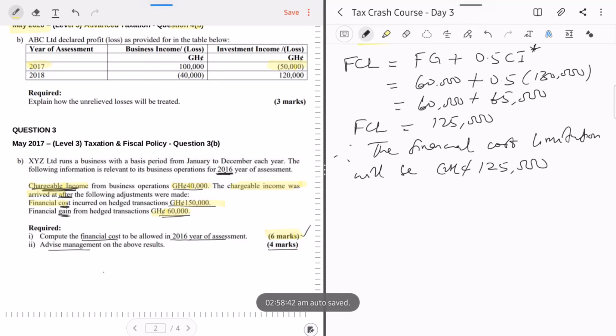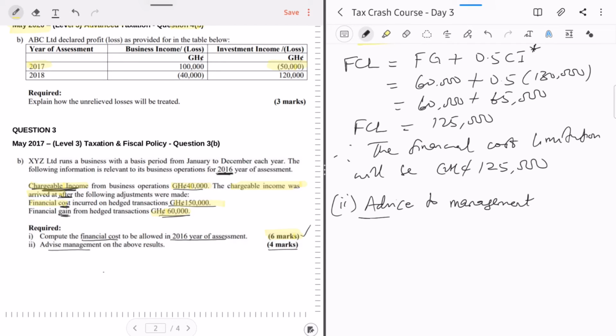So we've covered finance cost limitation there, just that we didn't have an example in that video. It just gave you the principle of law. Here you have an example. So now that you've seen the example, please go and watch it together with other things that are very examinable, right? So the next thing to do is the advice to management, right? So they said we need to give advice to